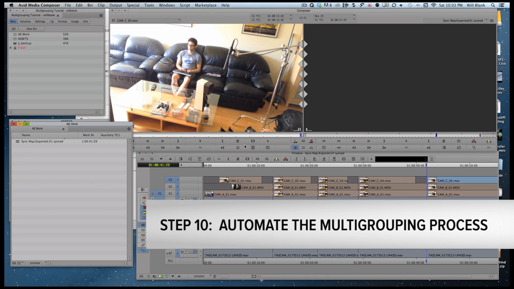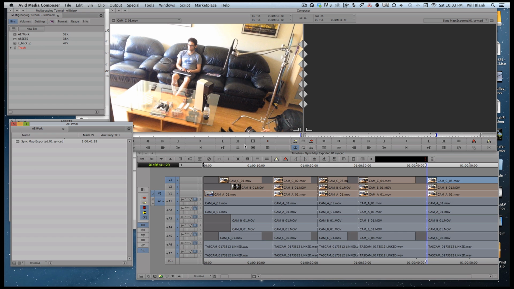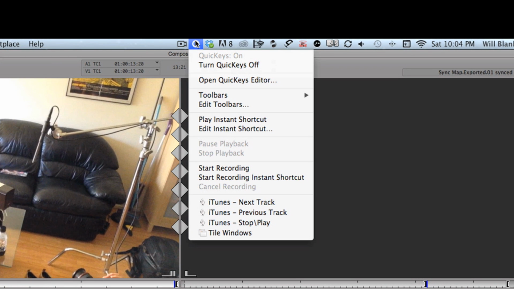Although it's possible to multi-group long, complex sequences by hand, there is a better, less labor-intensive way to do it, which is by using a keyboard macro program. In our case, the most popular and most widely used one is Quickeys. You can refer to the tutorial, which has all the download info for Quickeys, which is now free for perpetual trial license forever. Open up Quickeys and then click the small Quickeys button in your menu bar and click Open